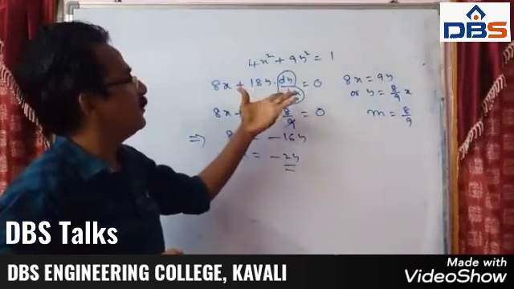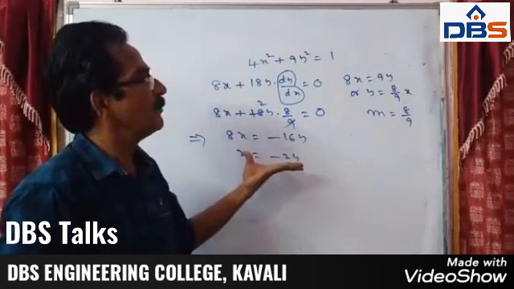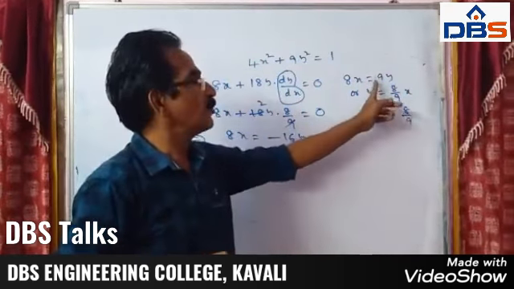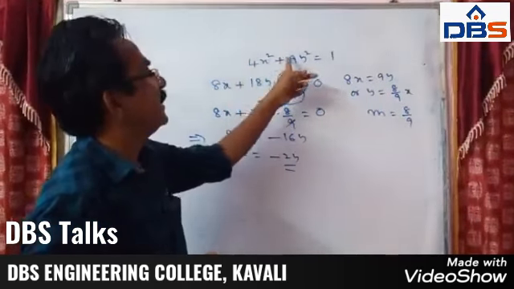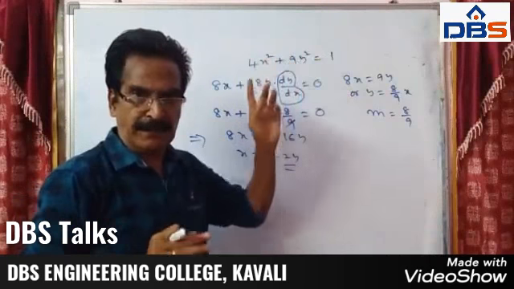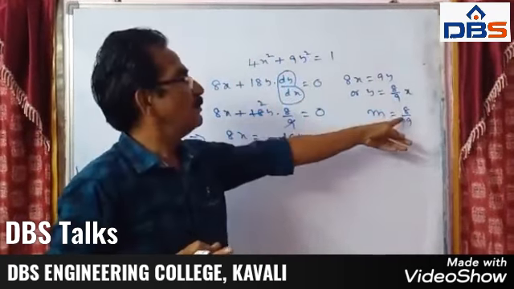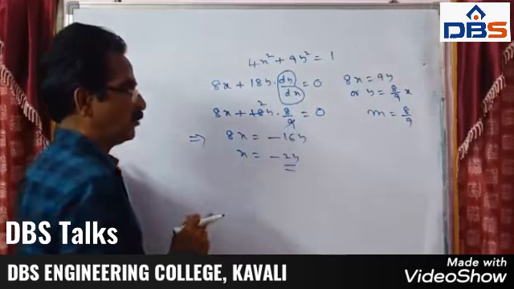Okay friends, so up to this point, hope you understood. This is the given line, so the slope of this line is 8 by 9. By differentiating this curve we get the slope, dy by dx, which is the slope of this line. So we have substituted the same thing. Now the equation is x is equal to minus 2y.